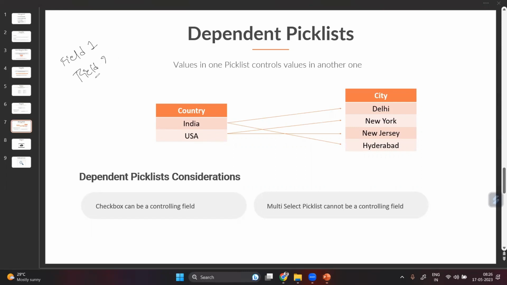Okay, what you want to do is, based on the selection of a value in field 1, display different values in field 2. In those cases, we'll create field dependencies. Say, for example, let's take a simple example: country and state. Based on the selection of the country value,